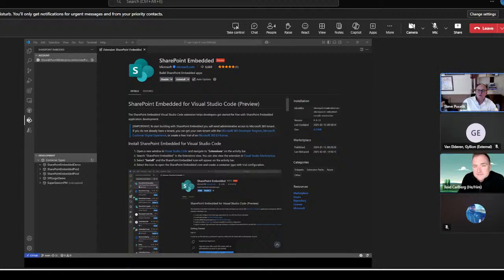The learning curve is really the API. When we think of storing documents, we're storing documents, right? I don't want to associate that to a file share, but you've got documents, you've got folders, and you've got metadata that goes on the documents. It's really that simple. How you want to use those within your application, get familiar with the API, know how you want that user experience to be, know how you want them to interact with it,